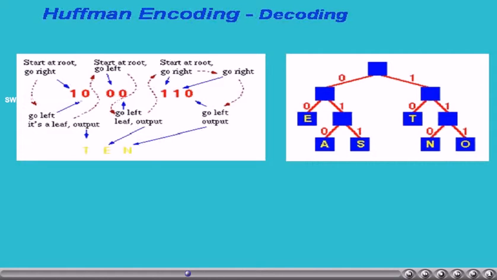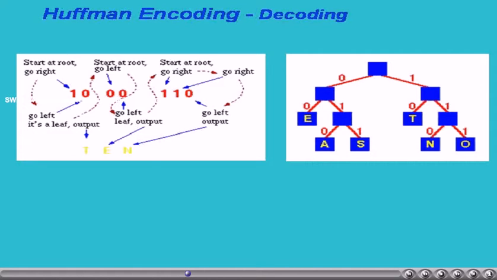Now again we start from the root. The next bit is 0, which means we come left. The next bit is 0, again we come left. Thus we reach the symbol E. Thus we print E. Now again we start from the top, that is the root. The next bit is 1, thus we go right. The next bit is 1, again we go right. And then the next bit is 0, indicating that we reach the symbol N in the tree, which means the respective symbol is N.